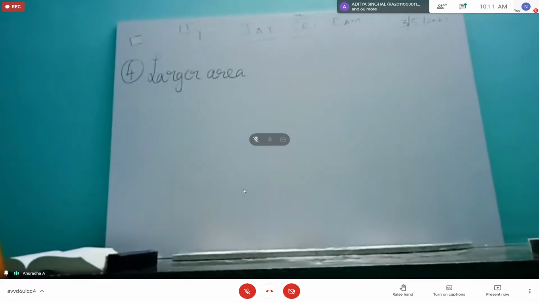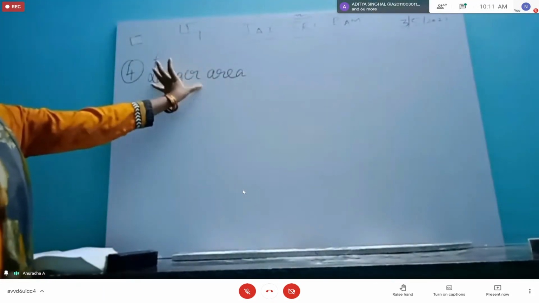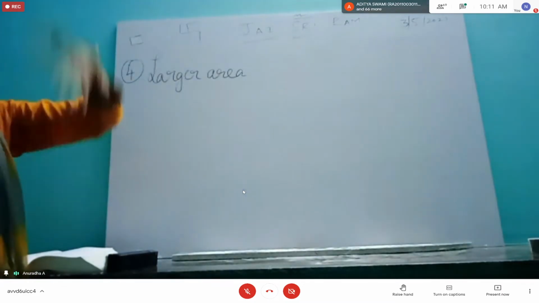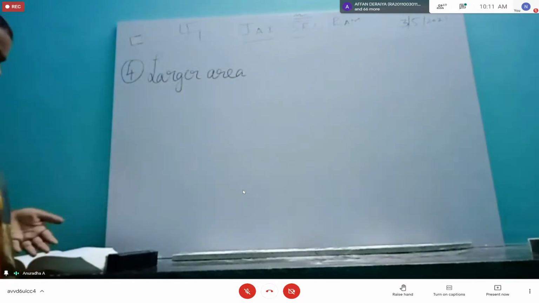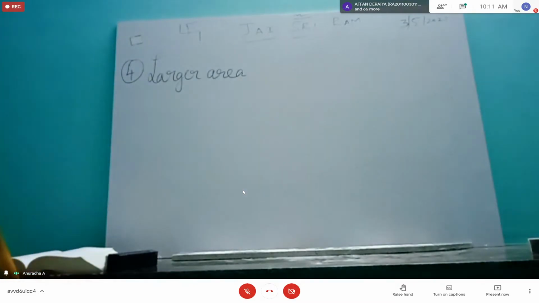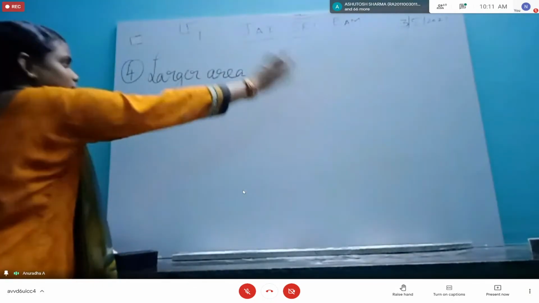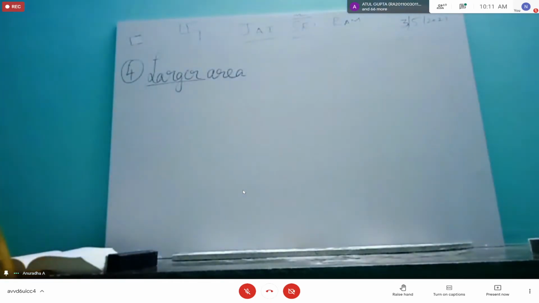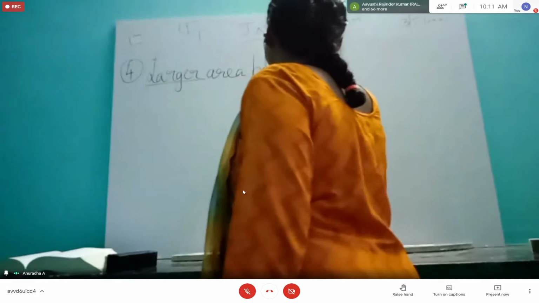Okay. So sometimes they give like this, larger area, smaller area. That means some region is going to get divided into half or something, or we have to find whichever is smaller, that is the region of integration. So simply don't draw the diagram and see, look at the statements. So larger area bounded by